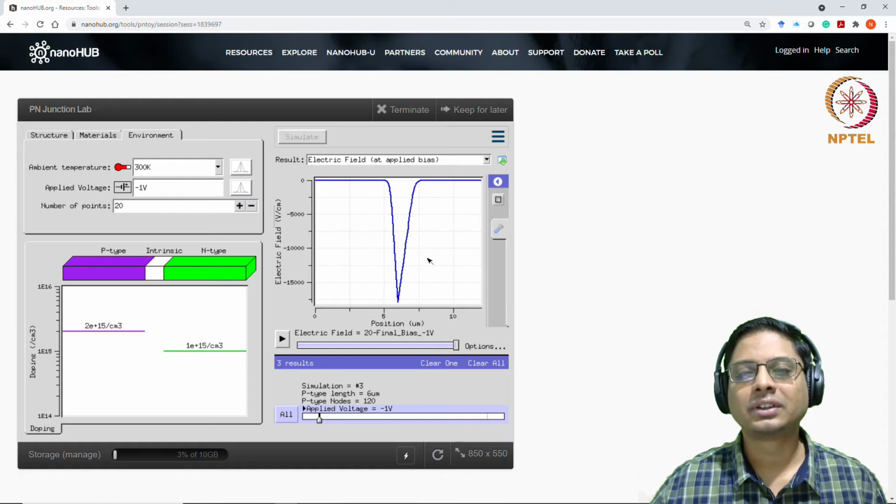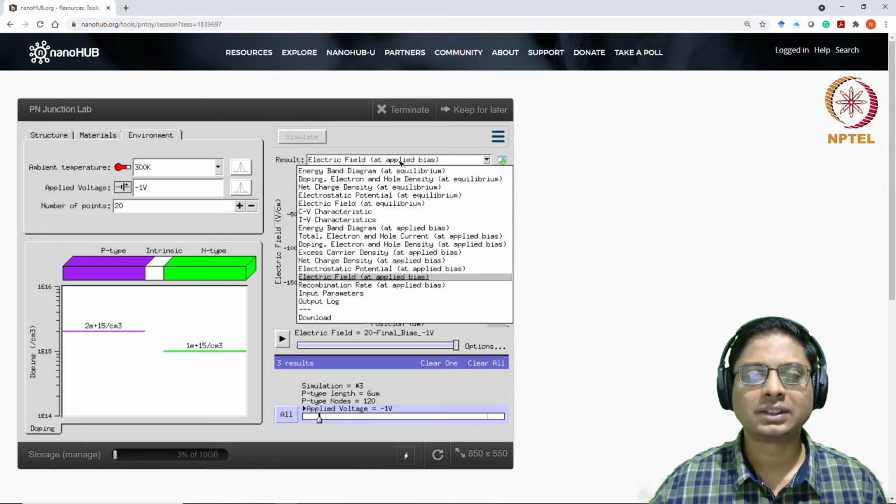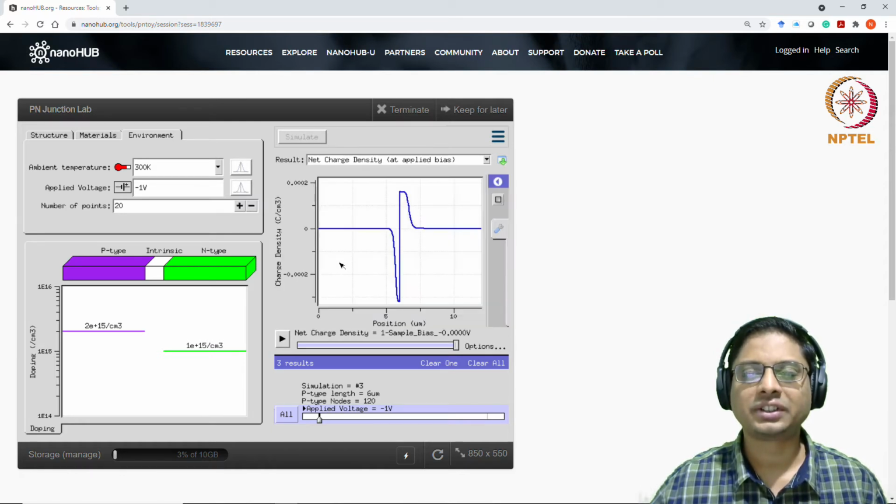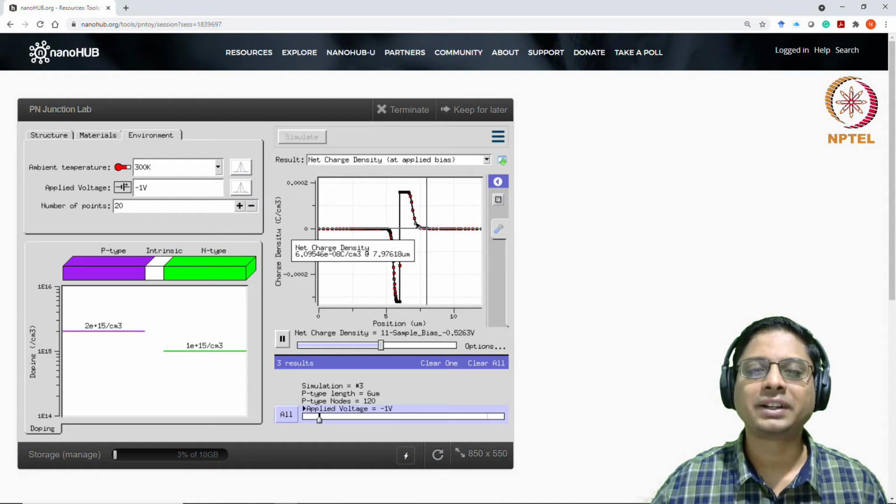This is because the depletion charge, if you look at the net charge density, so this is the net charge at 0, and as you go to more and more negative voltages, the depletion charge is increasing, right? So that's why the electric field is larger. The electric field is simply found by integrating this charge.